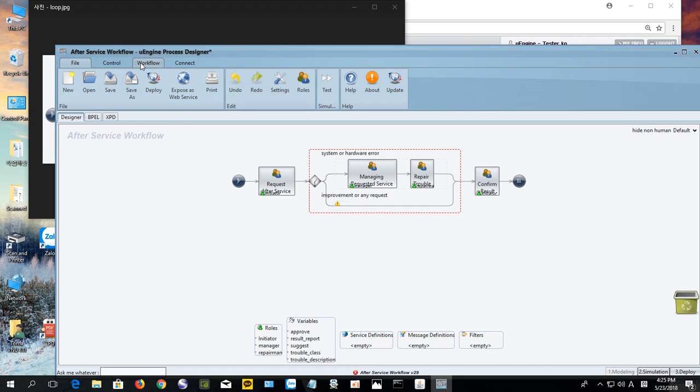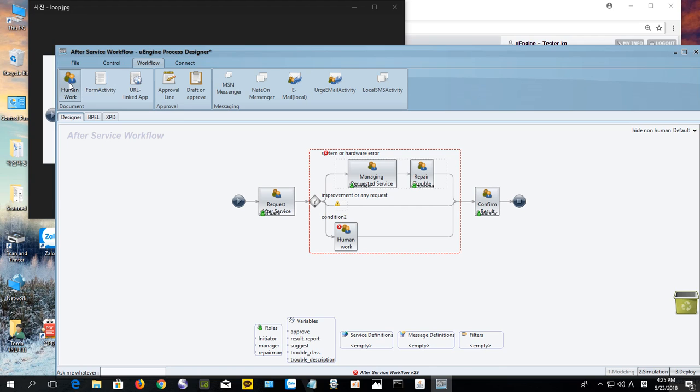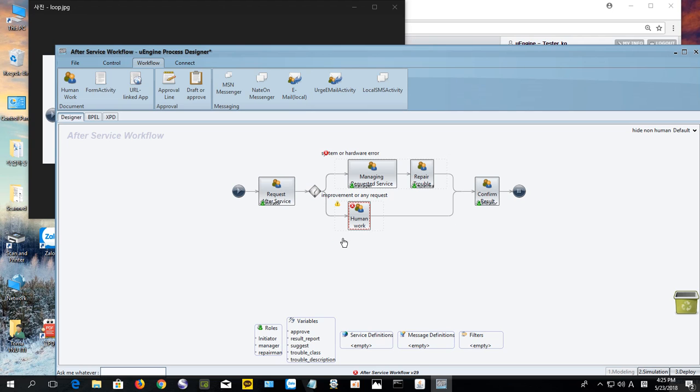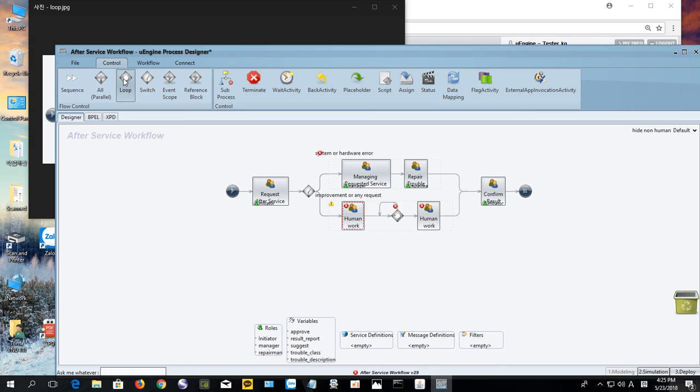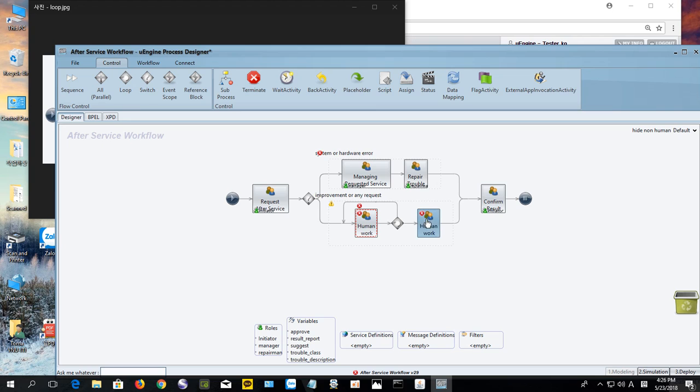We need some human activities. Come to here. Okay, and one more. And then we need to control this loop activity here. So the loop activity. We move these two things here. Yes. Before we design the activity,